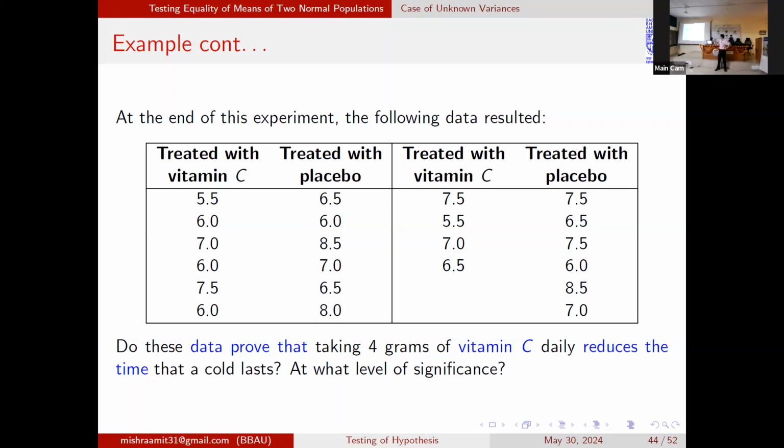तब आप बताइए, अगर हम ये स्टेटमेंट चेक करना चाहें, does these data prove that taking 4 grams of vitamin C daily reduces the time that a cold lasts? This is our aim. विटामिन सी लेने से रिड्यूस होता है, तब आपकी नल हाइपोथेसिस क्या होगी, ऑल्टरनेट हाइपोथेसिस। आप रिड्यूस करना चाहते हैं, ध्यान रखिएगा, तो नल में होगा कि सेम रहेंगे, और रिड्यूस करना चाहते हैं वो ऑल्टरनेट में जाएगा।